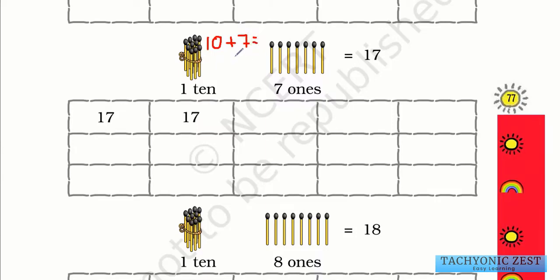So to find 10 plus 7, we will add these to this group of 10. So we will start counting from 11. We already know that there are 10 matchsticks here. So we will start the counting from 11. So here it will be 11, 12, 13, 14, 15, 16, 17. So the final answer we get is 17. So 10 plus 7 is equal to 17. So 110 7 ones is equal to 17. So in all these boxes we have to write 17. So let us quickly do that.